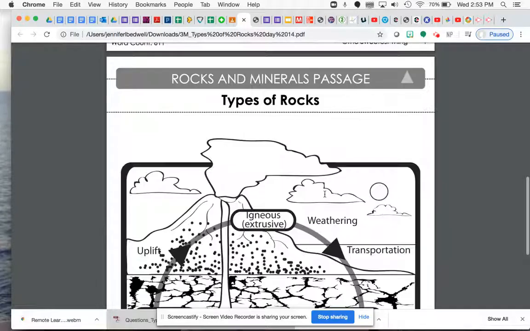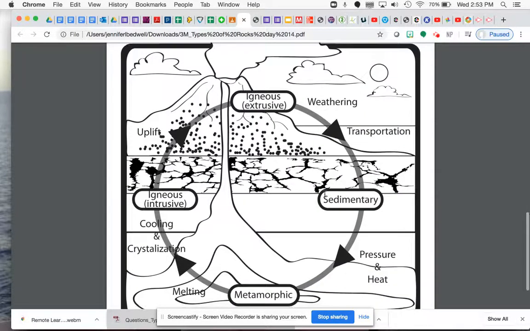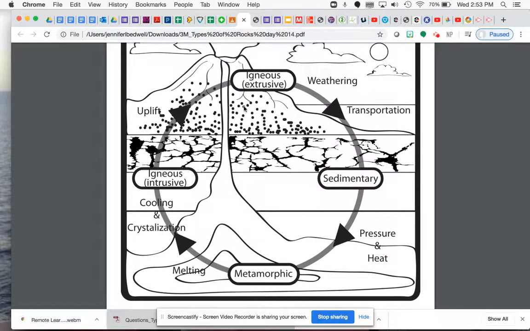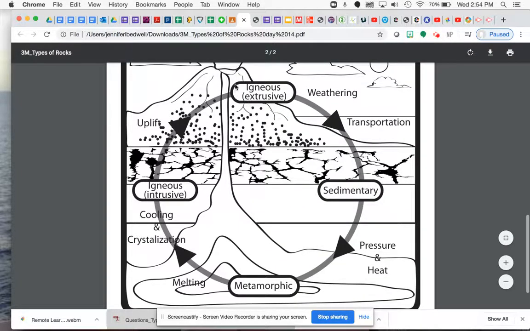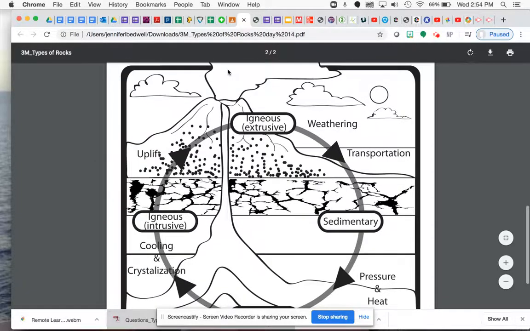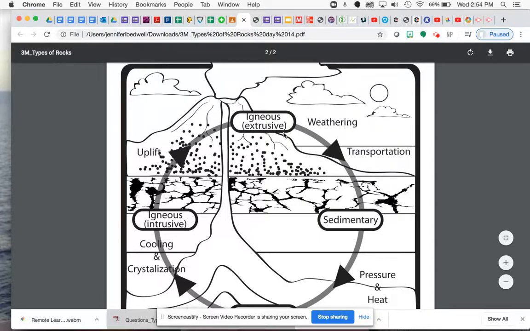And just so you can get an idea of what that looks like, here is the rock cycle. So if you start with the igneous, the extrusive kinds of rocks, the outside rocks, a lot of times they're going to start because of that eruption up here. And eventually, over time, they break down because of weathering. And as they are transported farther and farther down and out, they eventually go down into the ground and